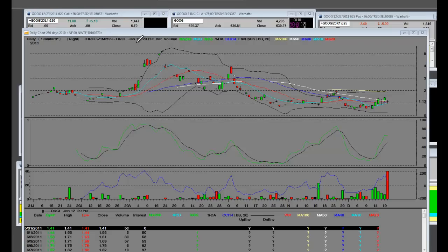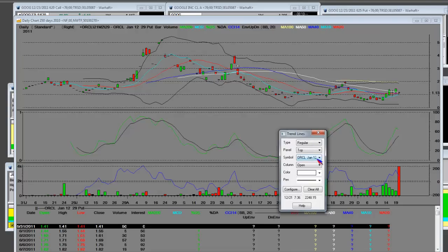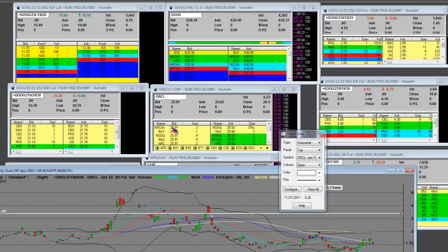We have a January 12th $29 put on Oracle that we have to sell. What we are going to do is put limit orders out at around that 340 handle. And where is that at? Well, it seems to me that it's going to be right up here, right there. Now that would mean that Oracle stock would have to continue to sell off at the print of 25.91 by 25.92. What it does mean clearly is the bad earnings miss that people don't like, and